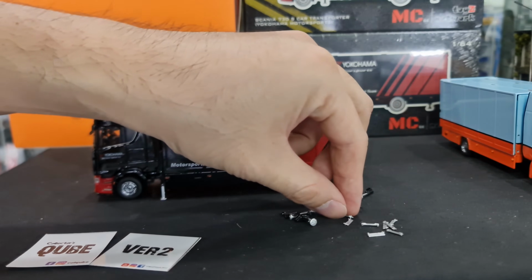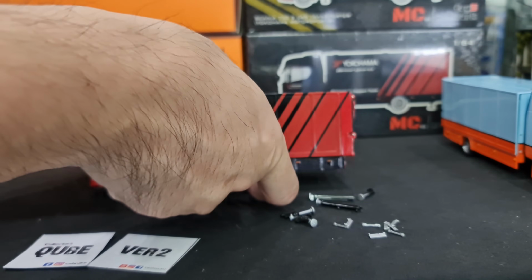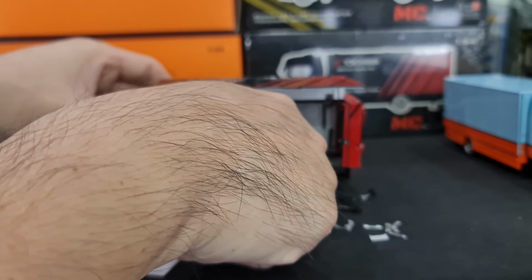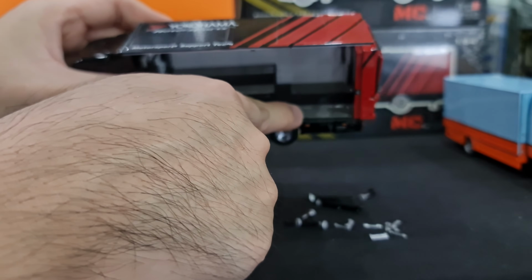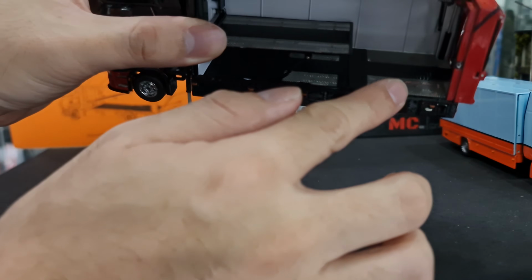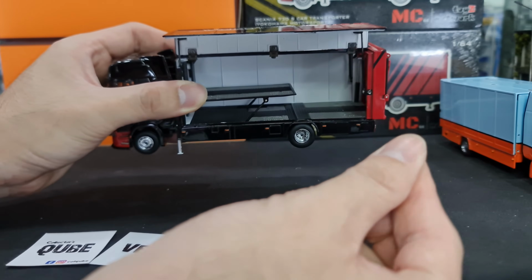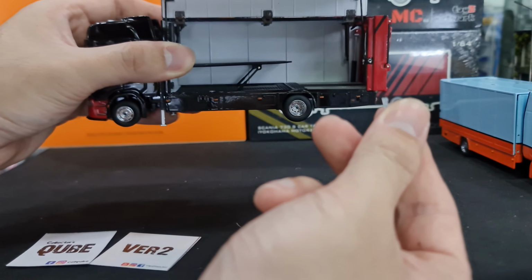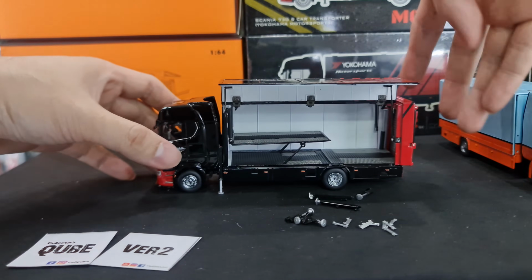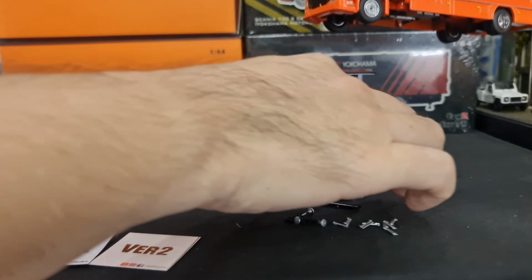Okay, and then it comes with a couple of the stoppers as well. So these stoppers are for you to install over here. Okay, you can see the little holes there in the mesh down there. These stoppers are supposed to go there, but I think that they are a little bit too high, because most of the cars that we transport are actually very low. So yeah, okay. All right, so that's the Yokohama, and then just do a quick look on the Golf version,